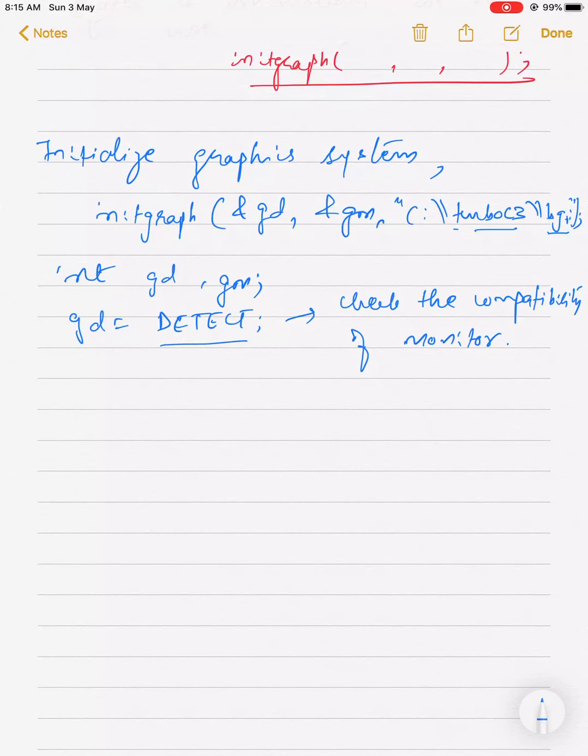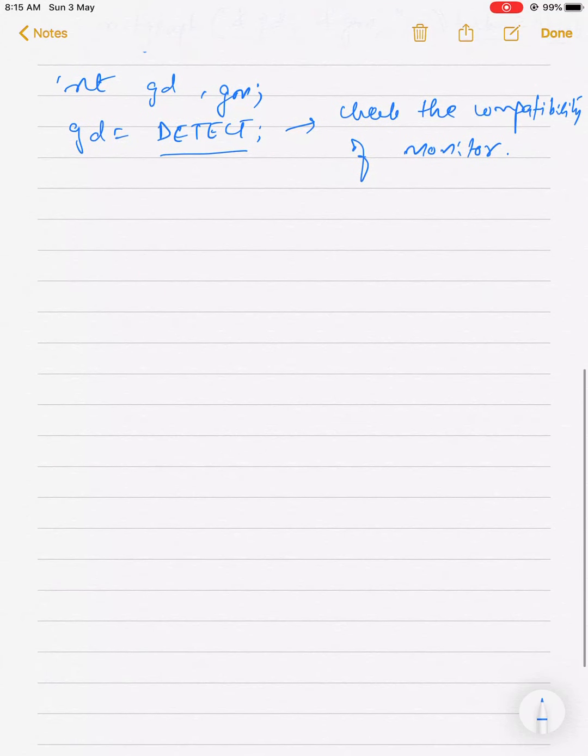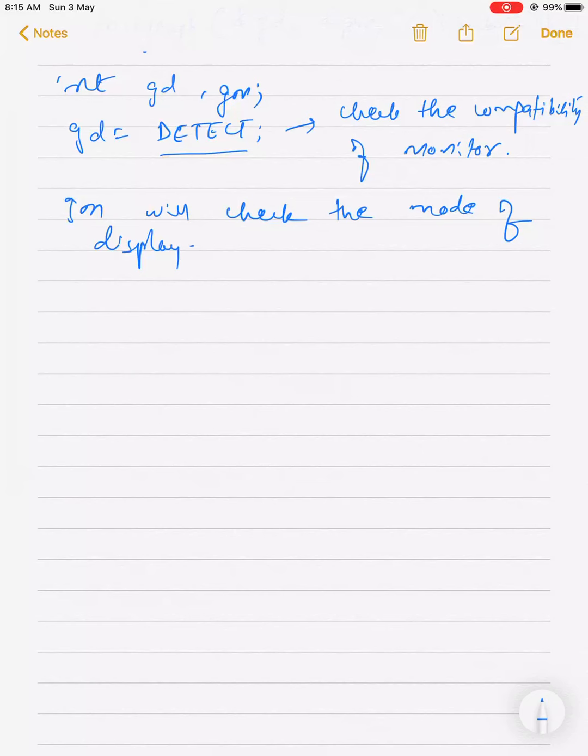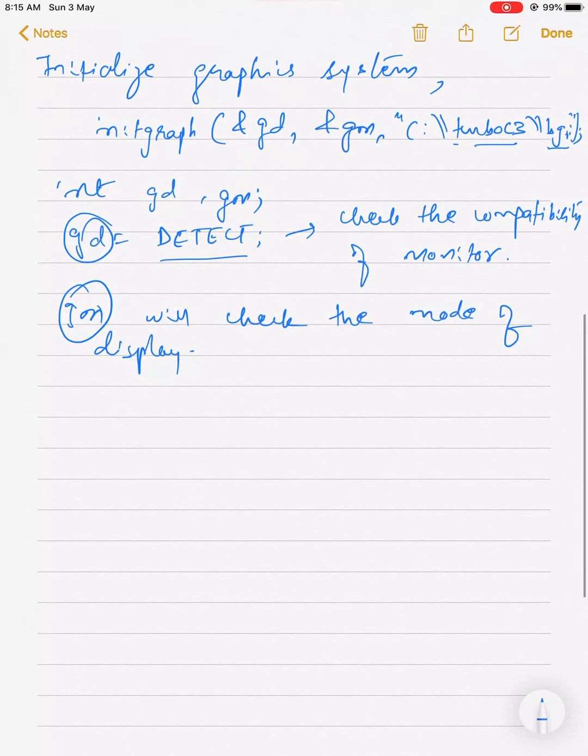Now GM will check the mode of display. And remember this thing, both are of pointer type, that is why we are adding the ampersand over here, so as to store at the perfect address.